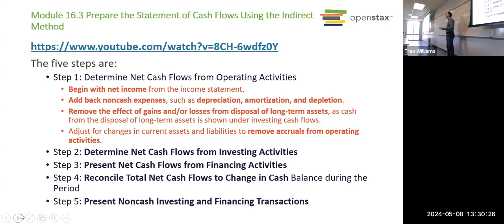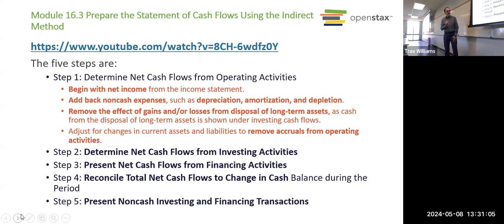So let's say you add them all up and you get $100,000. What that means is from the beginning of the period until the end of the period, your cash went up by $100,000. And if you look in the cash account, from the beginning of the year to the end of the year, you should see that it went up $100,000. So your cash flow statement should conform with your actual cash account in the ledger, also on the balance sheet.